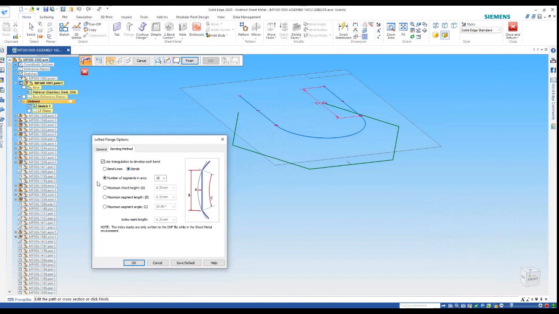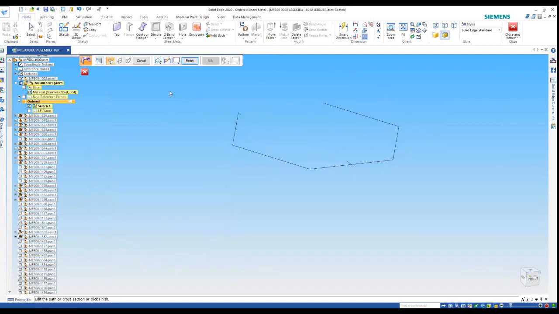Now, we have a number of options. All of these options are new as well. Not all of them. You've always been able to do the number of segments in the arc for the bend lines, but now you've got a few extra options. For example, you can specify the maximum deviation away from the physical arc. So I'll just say maximum chord length, say OK, and we will